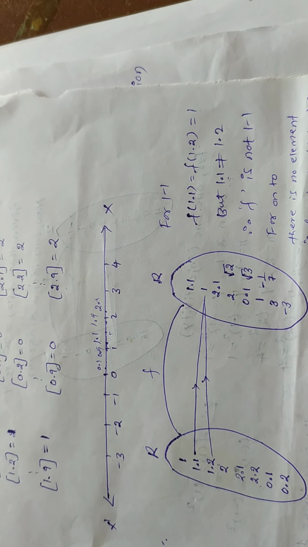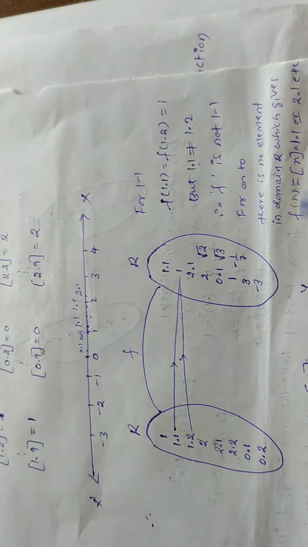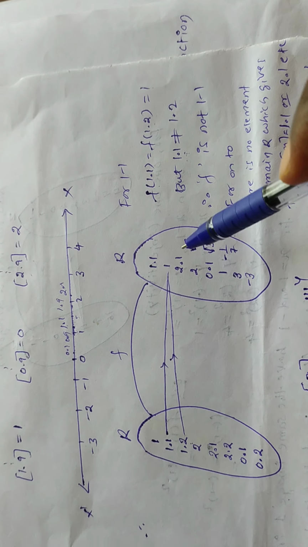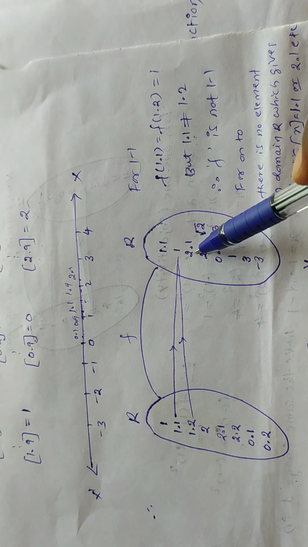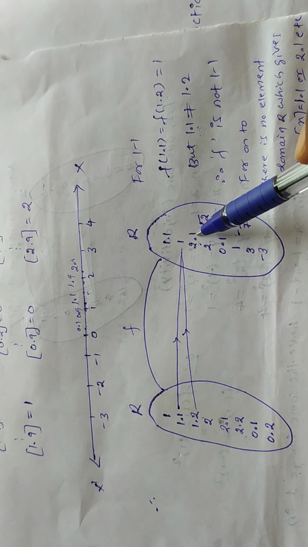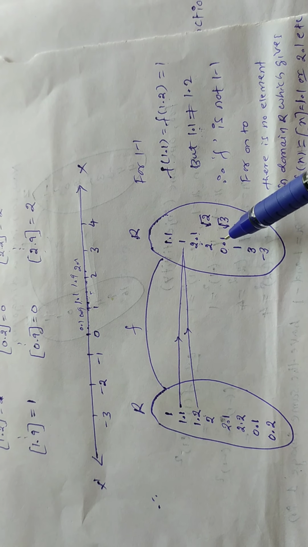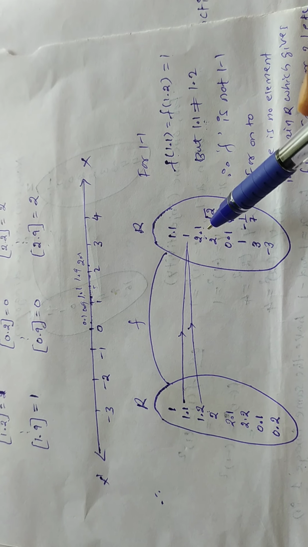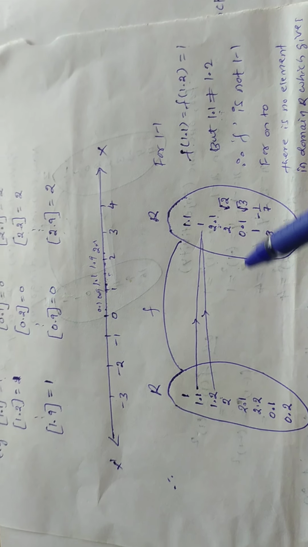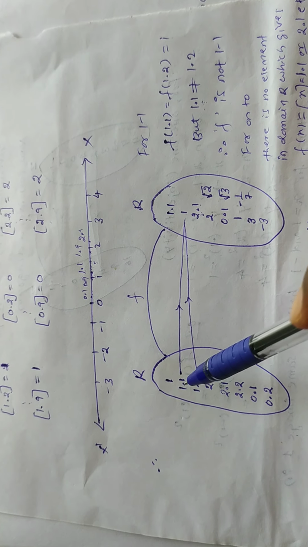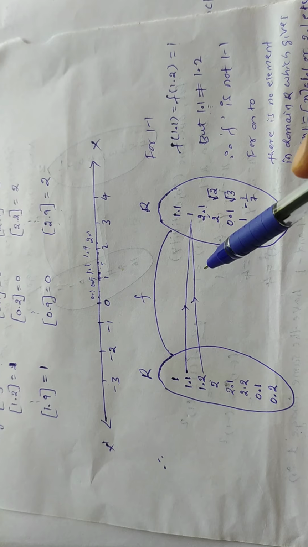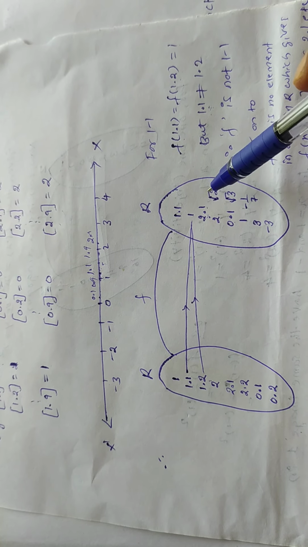Okay, f is not one-one. Similarly, come to the point onto. Onto means there are elements in codomain R, like 2.1, 0.1, etc. Such numbers do not have any pre-images, because there is no element in domain R which gives f of x equals greatest integer function of x equals 2.1.